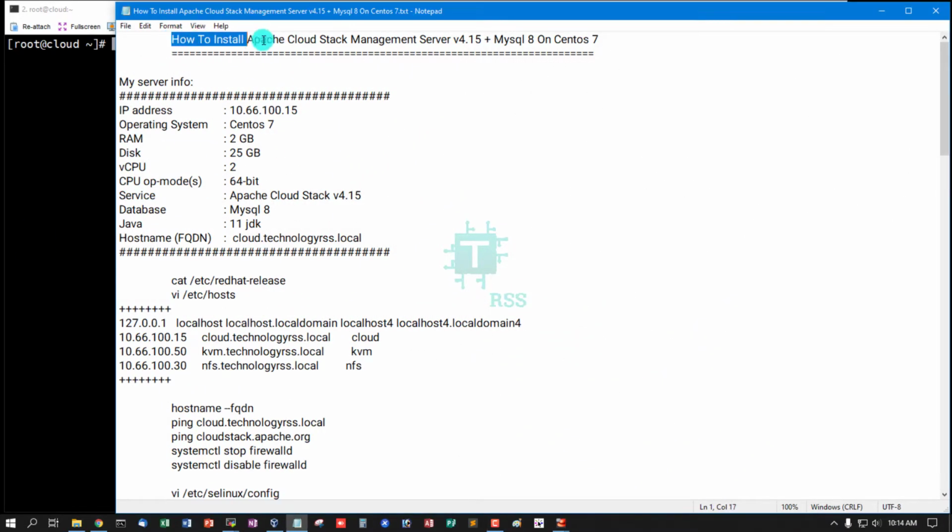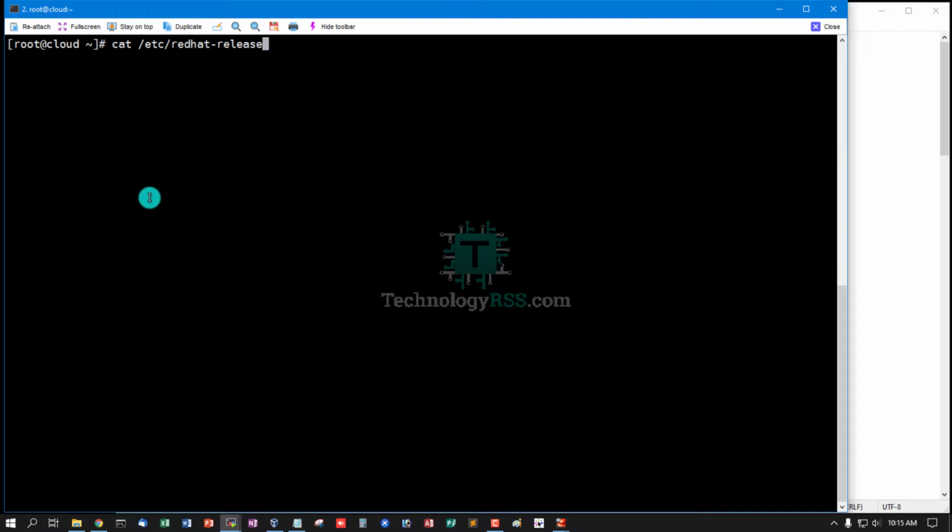Hello, in this tutorial, how to install CloudStack Management Server version 4.15 plus MySQL 8 on CentOS 7. This is my server information: IP address, CloudStack Management Server, operating system CentOS 7, RAM 2GB, disk 25GB, CPU 2, CPU mode 64-bit, Apache CloudStack Management Server version 4.15, database MySQL 8, Java 11 JDK, hostname FQDN cloud.technologyrss.local. Now I check the server version, CentOS 7.8 and the kernel version,